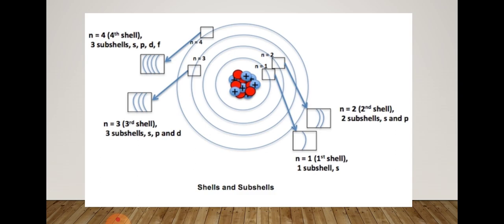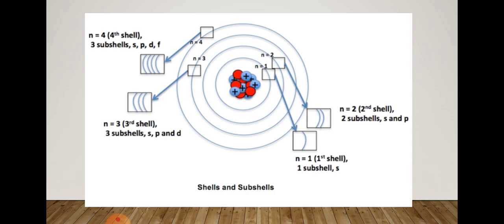Let's see what is subshell. So orbitals, you understood? Orbitals are of four types: s, p, d and f. S is spherical, p is dumbbell shape, d is double dumbbell shape, and f I have not discussed. I'm not saying by my own that it is complicated. It is given in the book that it is a complicated structure and we don't have to study here. Okay, so that is your orbitals.